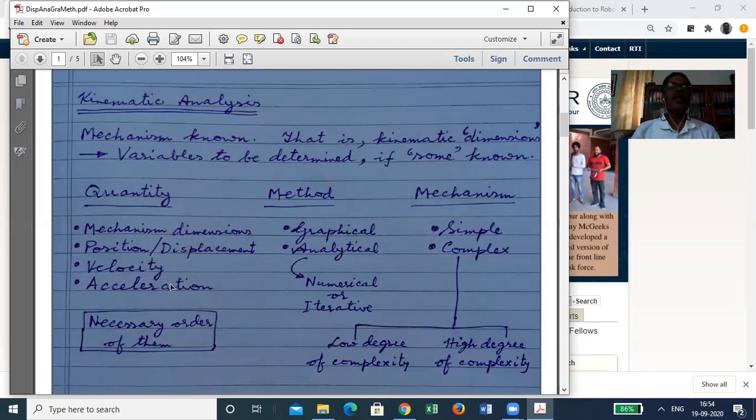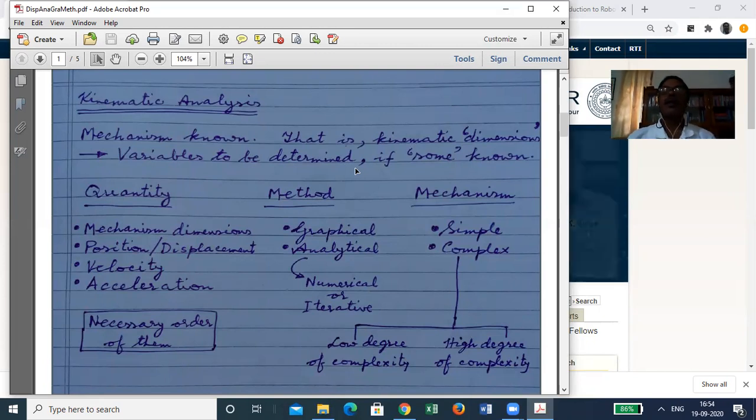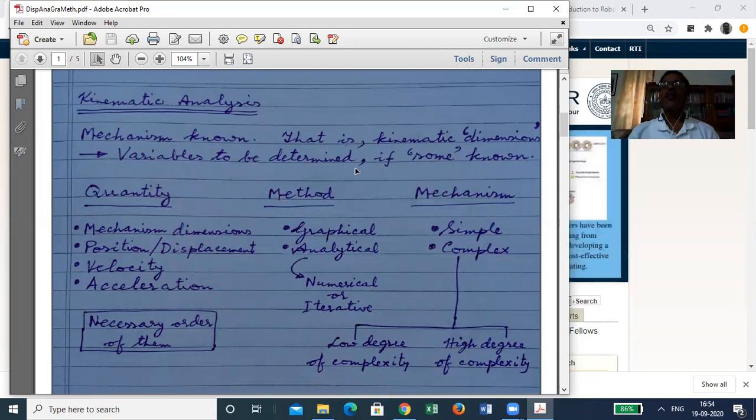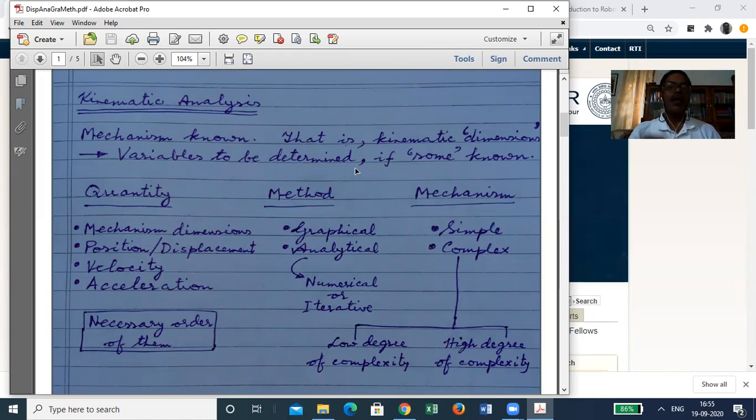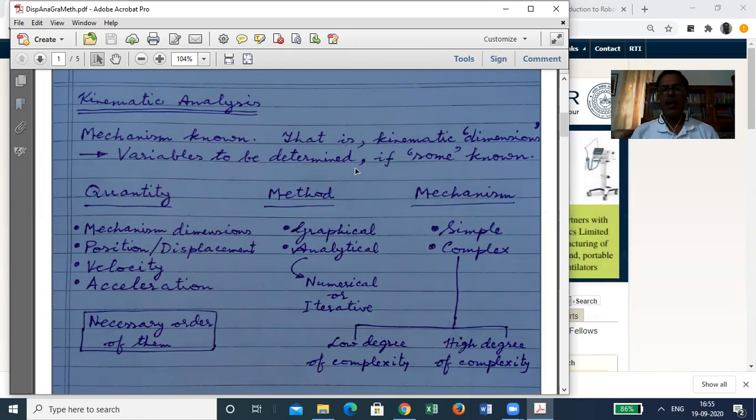Now, before we go further, here you may ask, suppose I have a single degree of freedom mechanism, and you are telling that the typical idea is that the single input that is needed is given, and I am trying to find the output. Suppose I can do that. Now, that would mean that if the output is given, then typically I should be able to find out the input. Answer is yes.